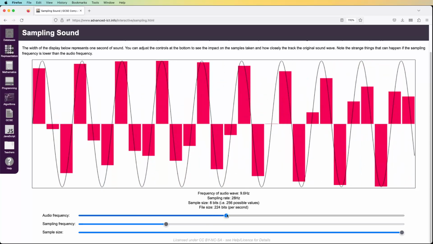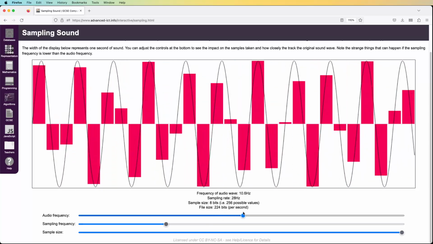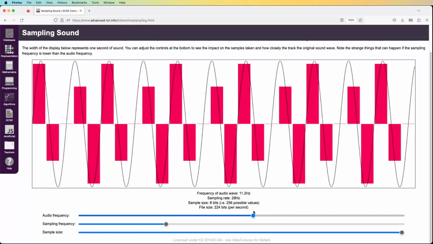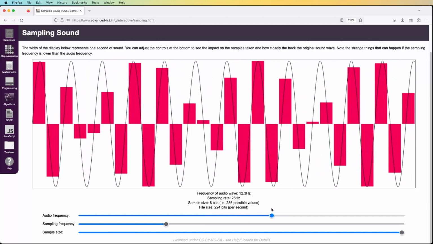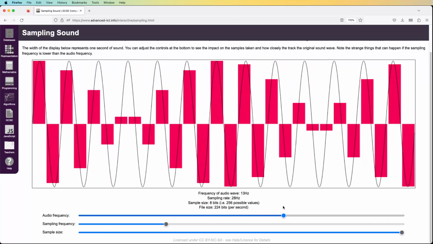We get to a point where, if you were to do a kind of line of best fit through the samples, there you go. So that's an interesting example, isn't it? It looks like the wave is going, well, it's kind of about 2 hertz, isn't it? Kind of a wave. So that's not properly representing the sound. It looks like the samples are representing a different frequency from the actual